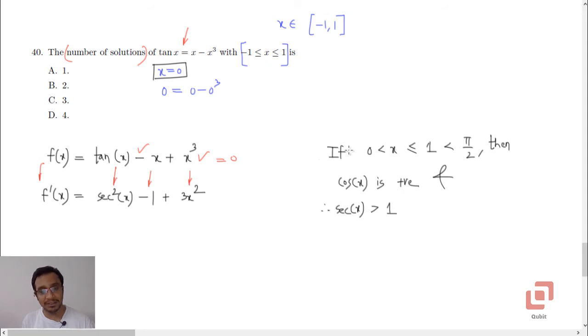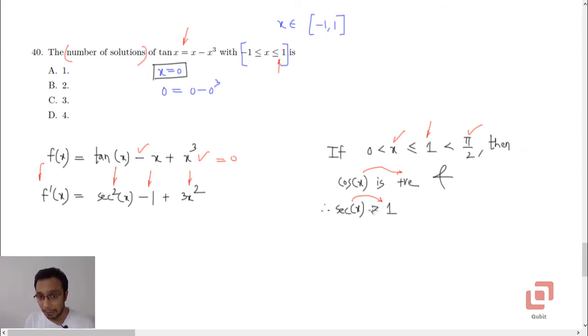Okay, but what we observe here is that if we consider values of x, we can now rule out x equal to 0 because we have already talked about it and declared that it is a valid solution. Okay, so what I've done is I've taken values of x which are positive but less than or equal to 1, which is the largest that x can be for our problem, and observe that it is less than pi by 2, which means if x is being measured in radians, it is representing an acute angle. Yes, now if it is an acute angle, then cos x will always be positive, right? And if cos x is positive, then sec x, which is its reciprocal, will also be positive, and we know that in that case sec x has to be greater than 1.